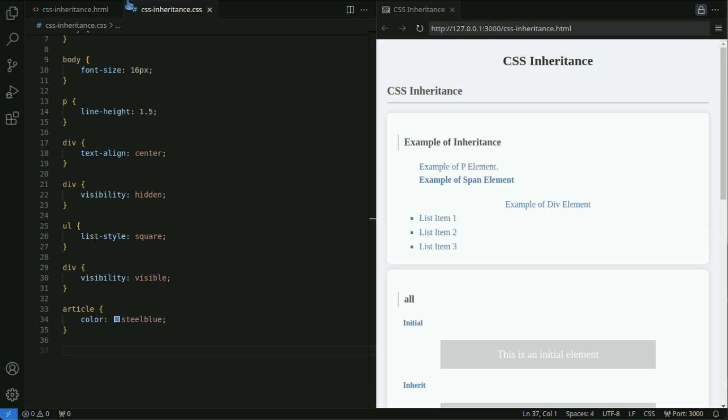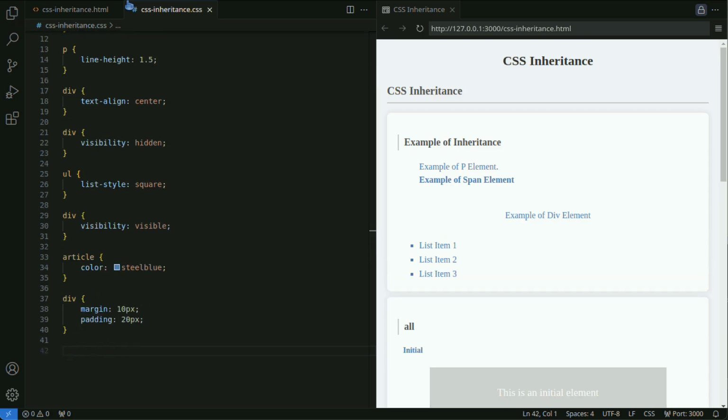Next, let's look at some examples of non-inheritable properties. Properties related to layout and the box model are usually not inherited. These properties need to be set individually for each element. Even if you set outer or inner margins for a div element, it does not affect its child elements.